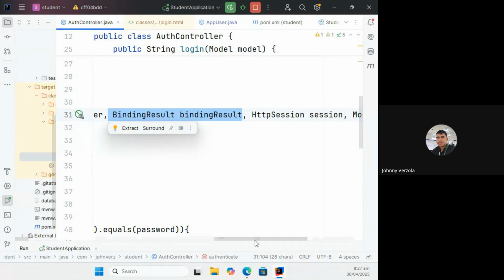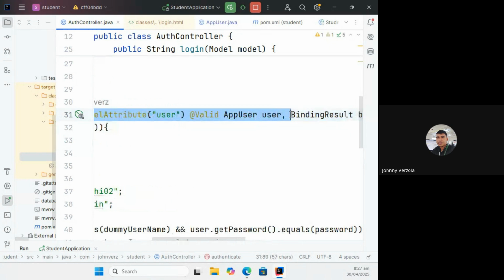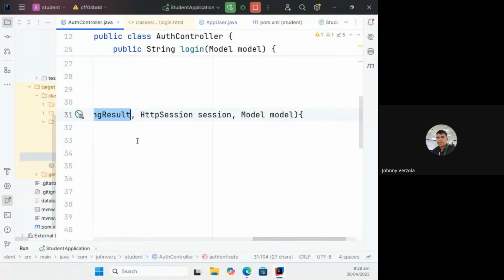So basically what we are doing here, passing parameters over this method, is injecting dependencies. We also want to depend, aside from this, on a binding result class object which contains all the errors after the validation. We also inject the session.